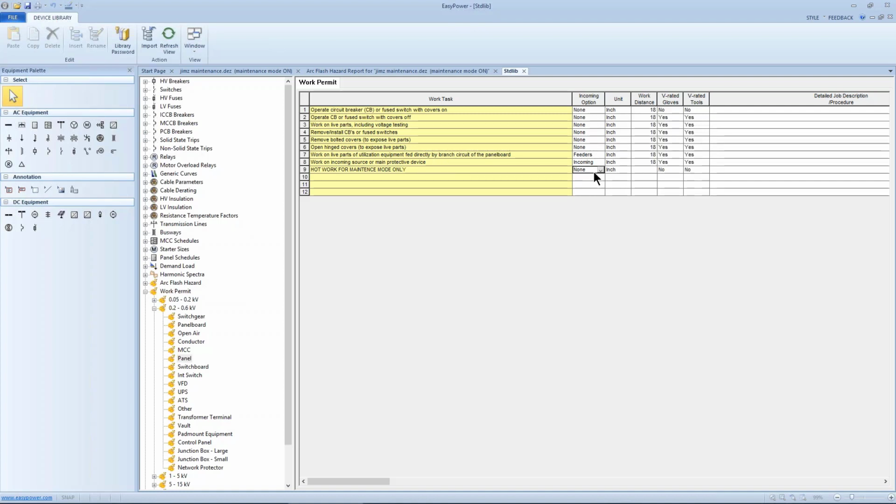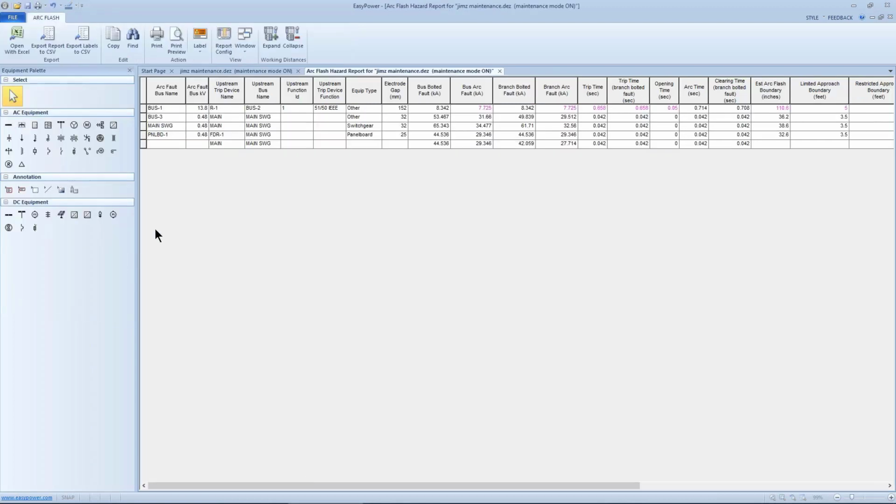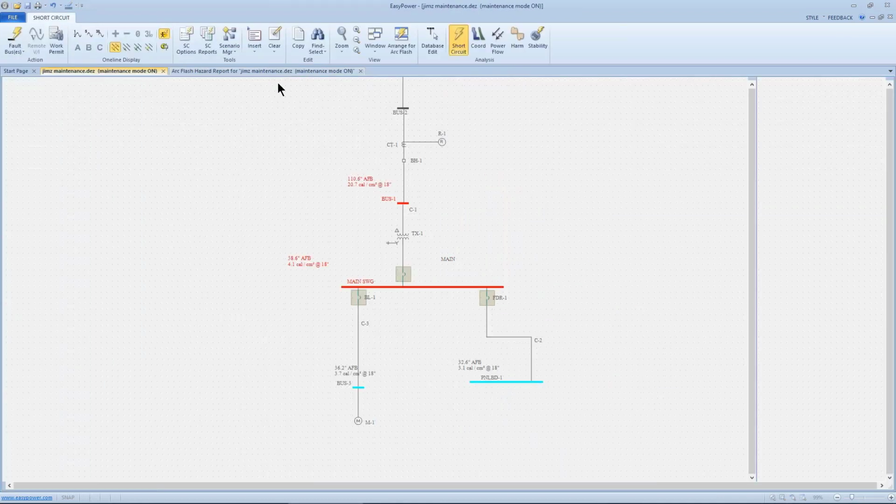And again, I'd include the instructions as I did on the first one. So I wouldn't just put in part of it, but you get the idea. All right, so once I've got this set up, I'm going to save this. Now, the point I was making earlier is if I go in and I want to do work on this panel board,